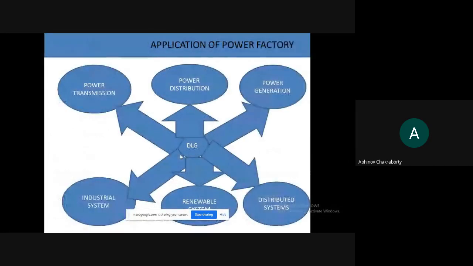Right. Now moving on to the applications. Moving on to the applications of PowerFactory. If we talk about the applications, we can always find that we have already started with generation, transmission, and distribution. So this GTD concept has to be a mandatory part of your PowerFactory. In this, if you talk about your generation, as I have already said, you can always mention